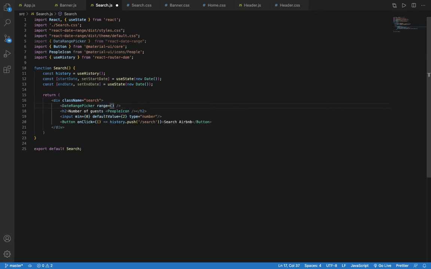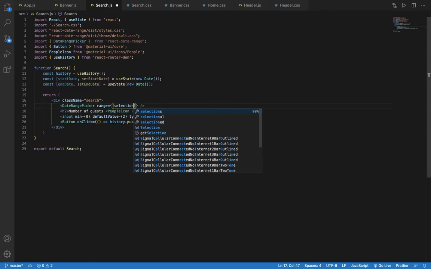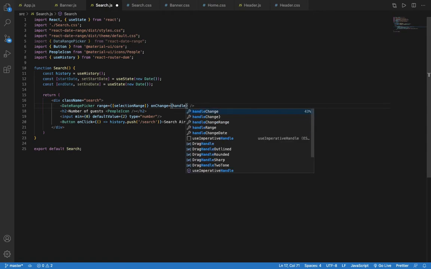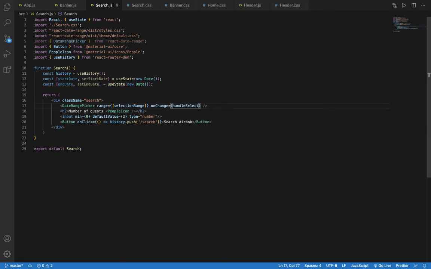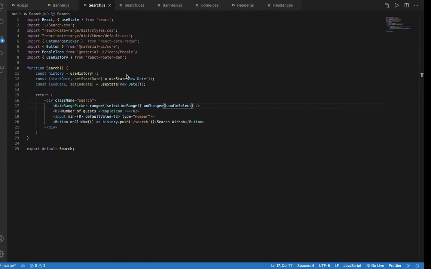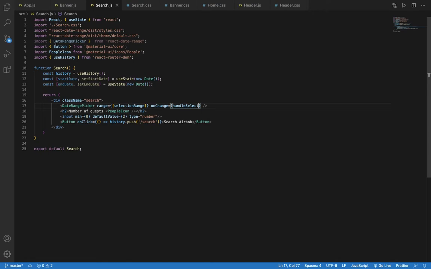Then inside the ranges add this like this, and I will add something called selectionRange, and then say onChange and say handleSelect, and I am going to make this const, otherwise it will show many errors. And I imported this DateRangePicker. Okay, I get this. I have to change this to Date. I changed it to Date,